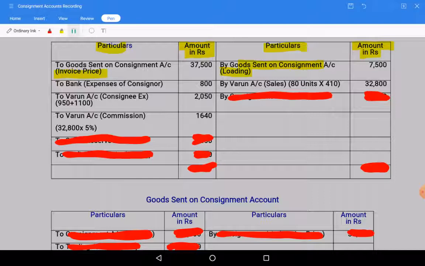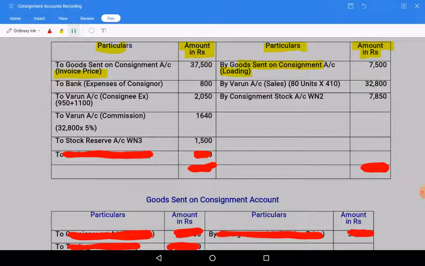Next, at the end of the year, we need to calculate consignment stock. So consignment stock account debit to consignment account is the general entry. So it will appear credit side of consignment account by consignment stock. In working note 2 we have got amount 7,850, and stock reserve we have calculated in working note 3, that will come to stock reserve 1500, and credit total, debit total we need to do.